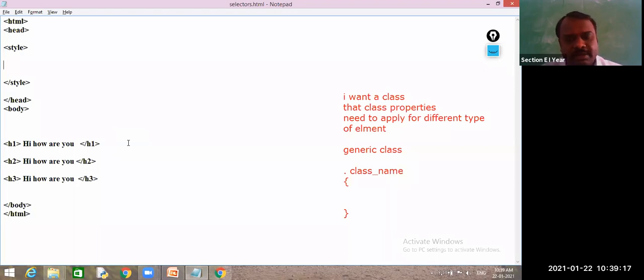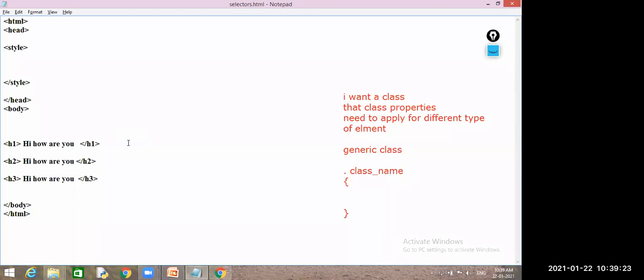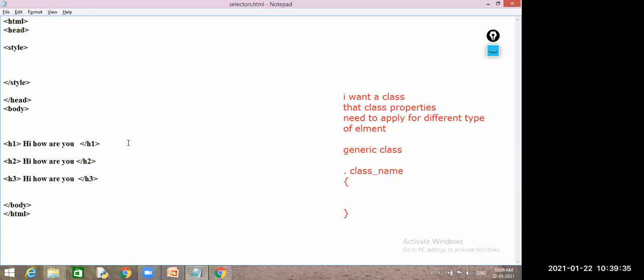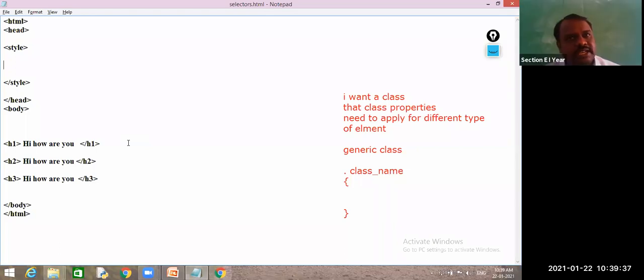You can write your name also. Can we give numbers? Here you should follow identifier rules. It must not start with a number. It should start with a character followed by any numbers, like A1, A2, A3, A4. And don't use underscores or hyphens.